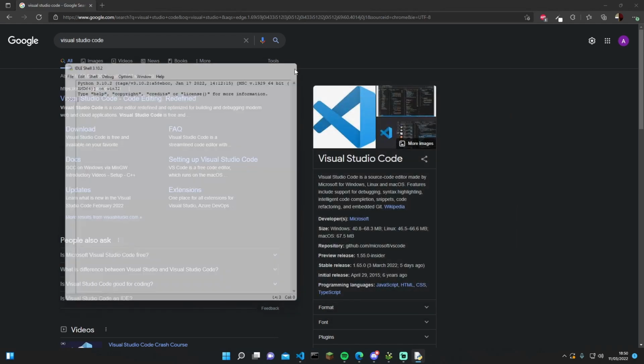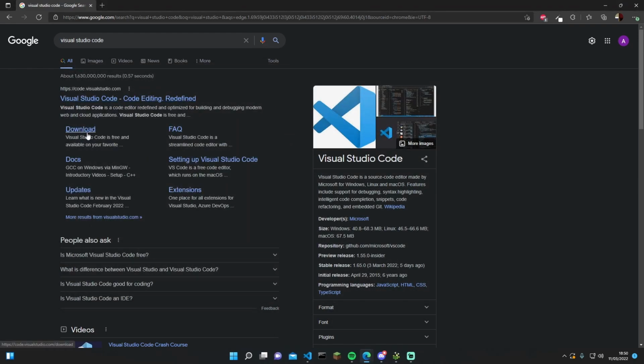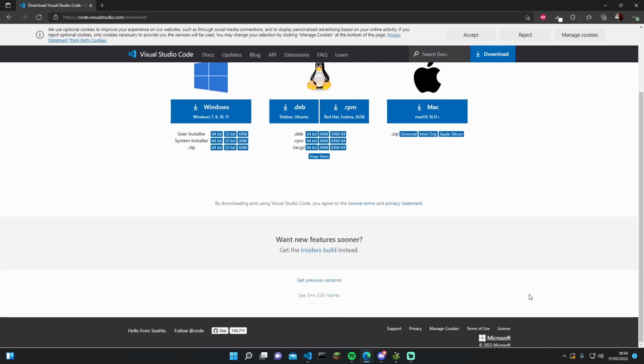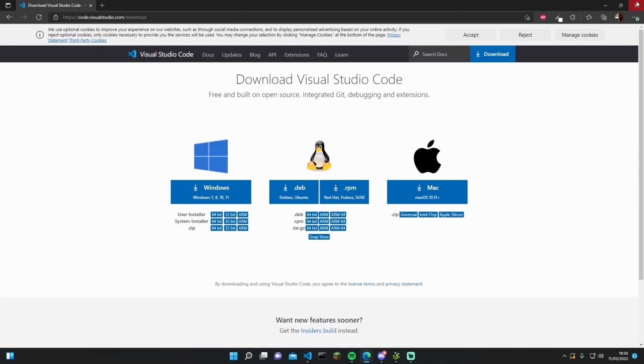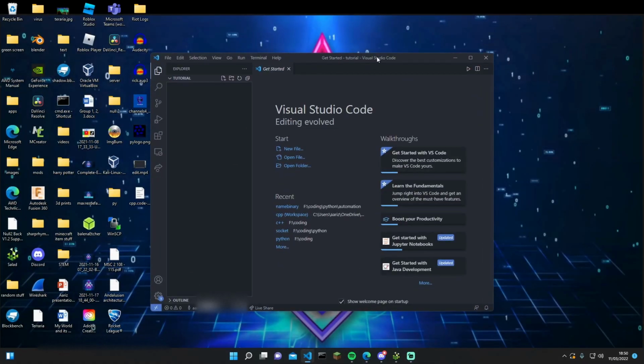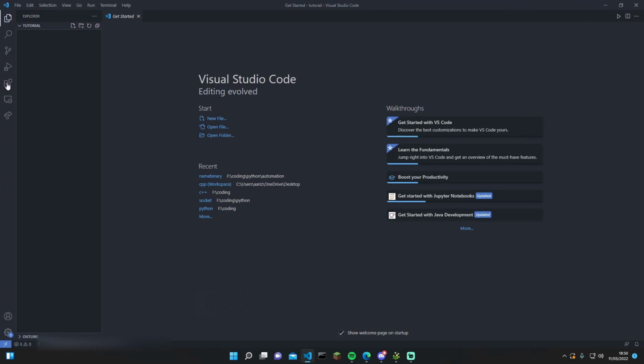And here, this is where you write your code, and just click F5 to run your code. Right. Now go to Visual Studio Code and go to your download page, and then download whichever version you're using. Now that we've got that done, we're going to get straight into the tutorial. So you're going to want to open up Visual Studio Code,